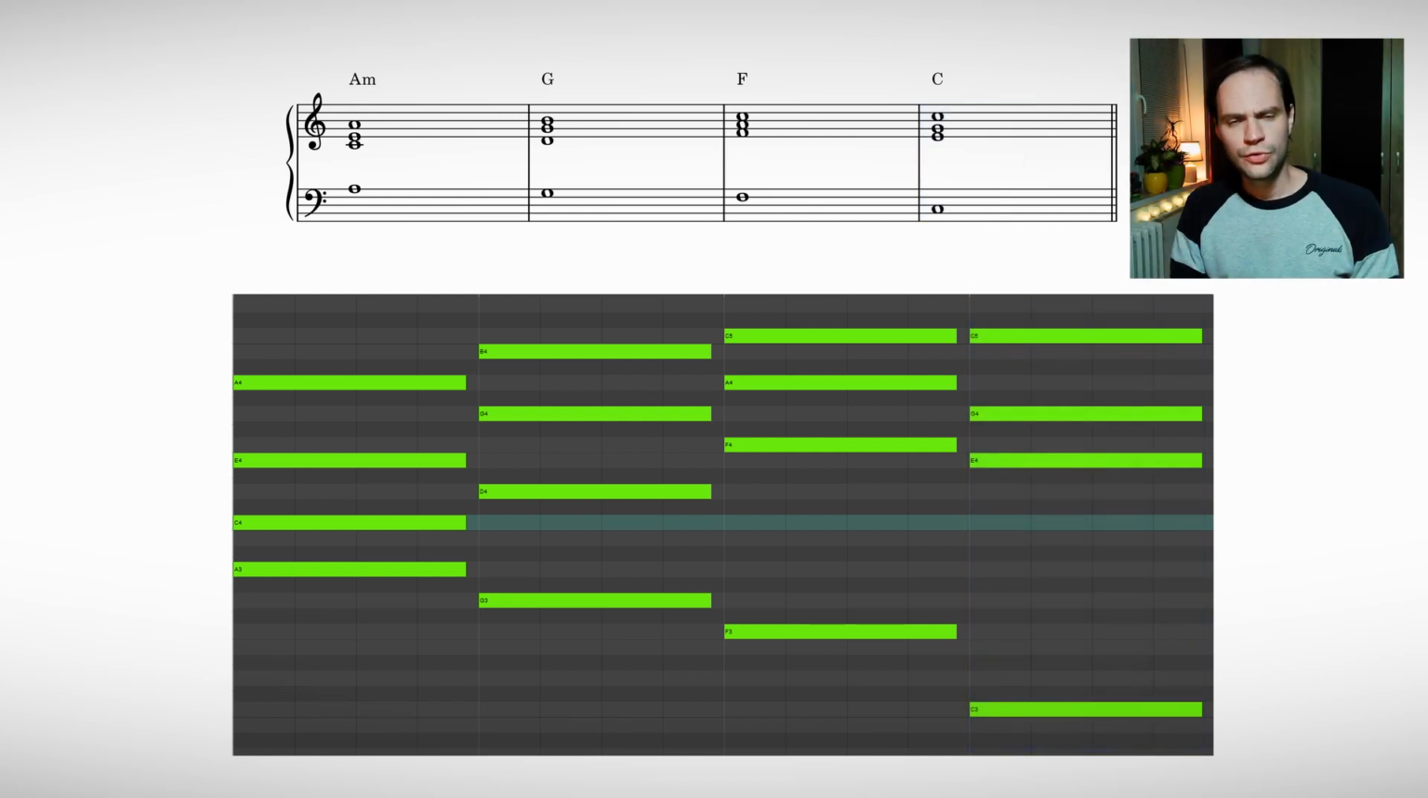So when we apply contrary motion to our chord progression, we now see that the first chord starts in octave position, then it goes to the third, then it goes to the fifth, and then it goes back to the octave position again. And the great thing is when you apply this contrary motion technique, you can also avoid parallel